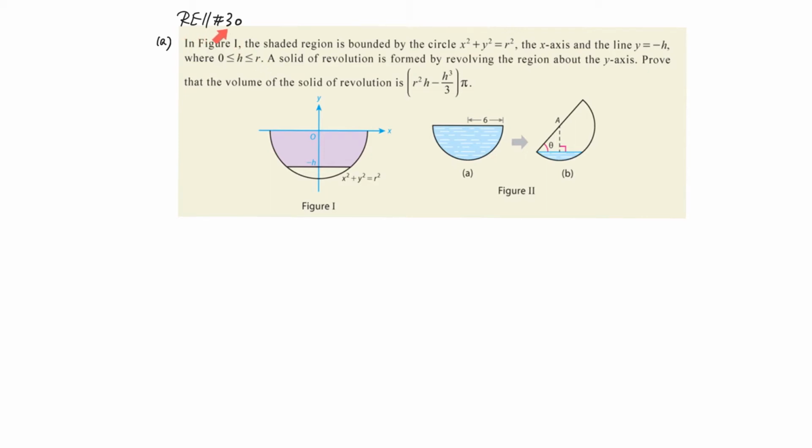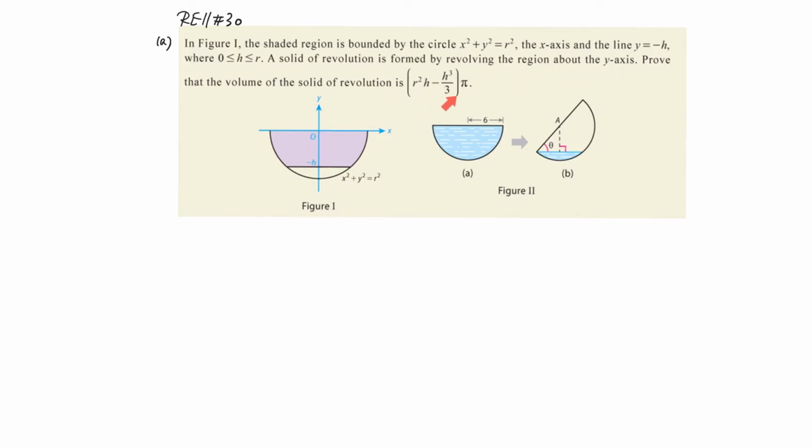Revision exercise 11, question number 30. Now look at this region bounded by the curve, actually a circular arc, and the x-axis and the horizontal line y equal to negative h. So, prove that the volume generated when this region rotates about the y-axis